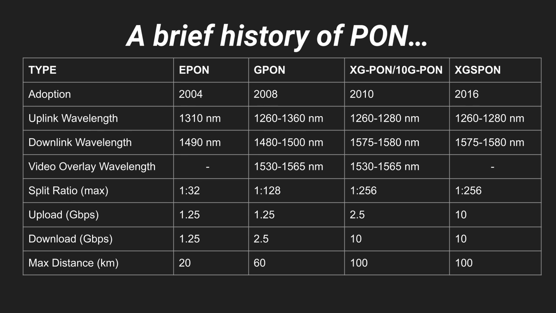GPON comes around 2008 as a standard, and then it gets pretty wide adoption by providers like Google Fiber and Verizon Fios and AT&T and all that. And then a bunch of smaller utilities and smaller regional providers took it on too. It's probably had the widest adoption of anything to date. And that went to a 2.5 gig download and a 1.25 gig upload,